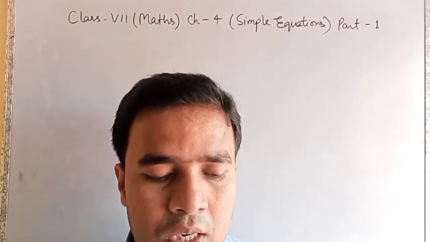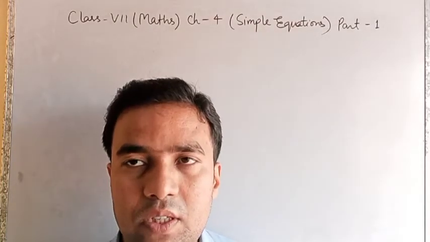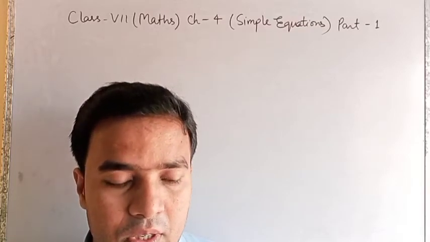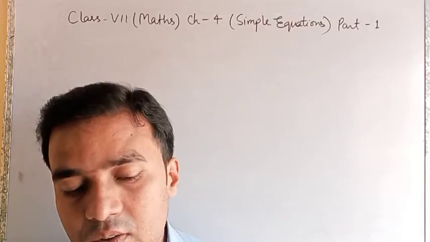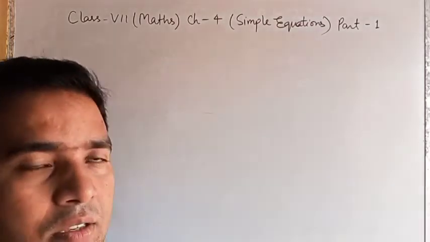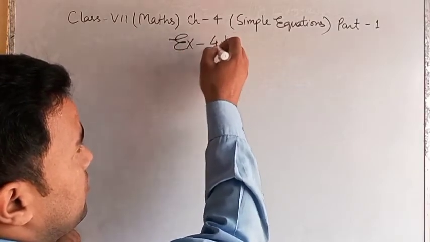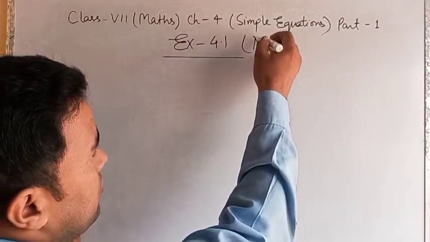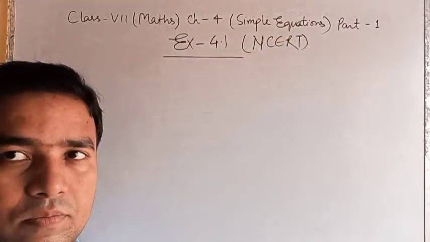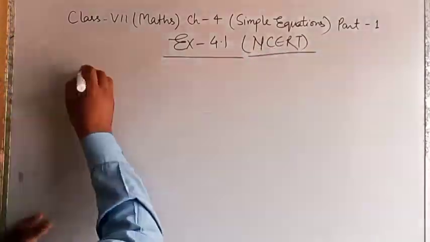First question is complete the last column of the table. In exercise 4.1, the first column is given. Clear? Serial number, equation, value, say whether the equation is satisfied. First we are taking exercise 4.1 of NCERT. Clear? First one,